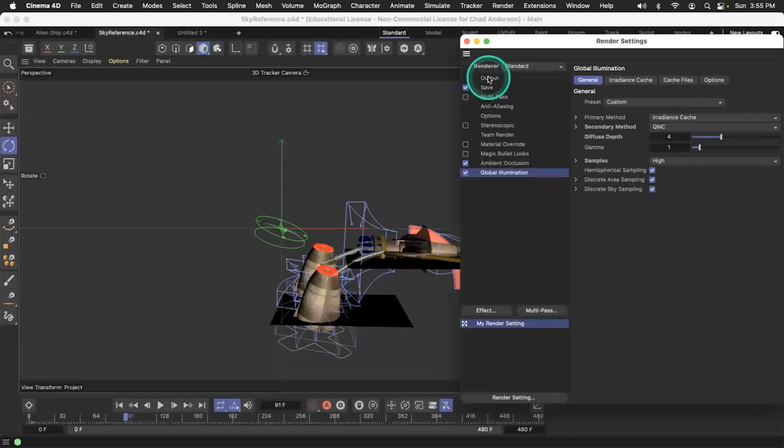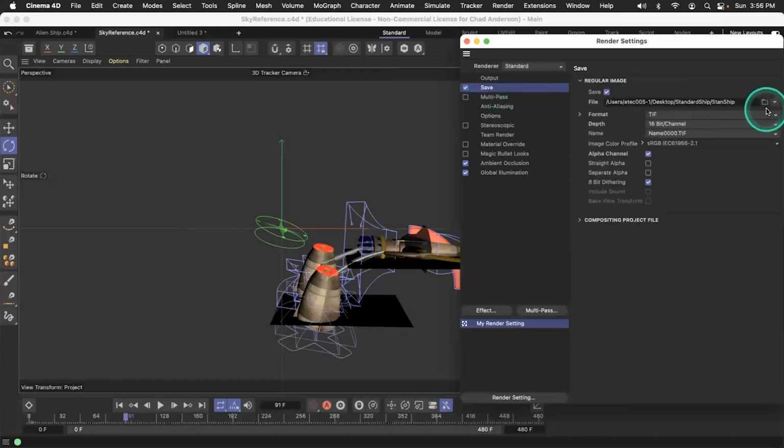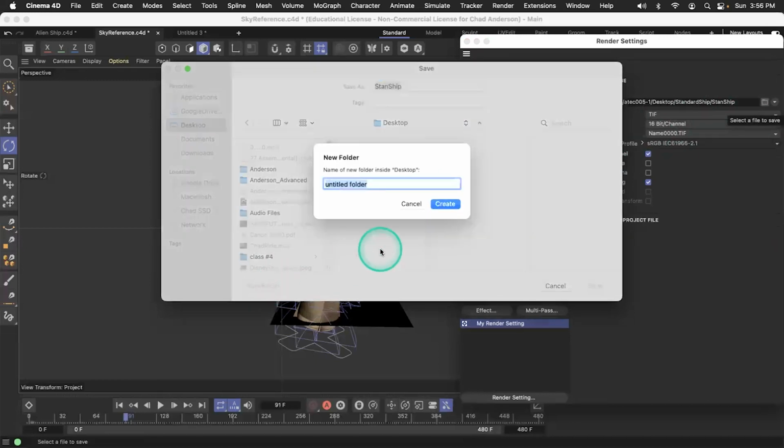I'm just going to save one of these because I don't want to take the time. Maybe we'll save like 10 of these. We'll go 64 to 74. We'll save this as a new file, a new render. I know, desktop. We'll go here to